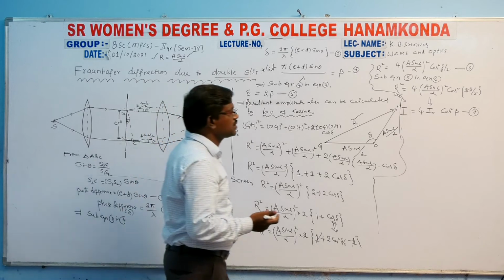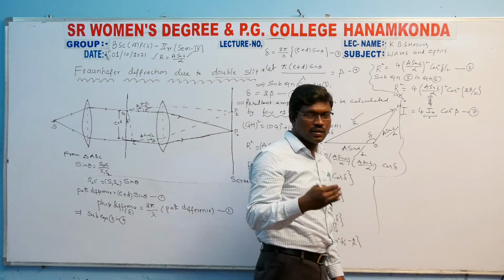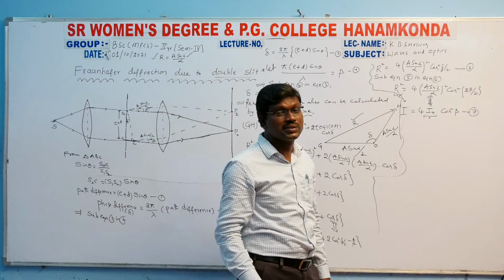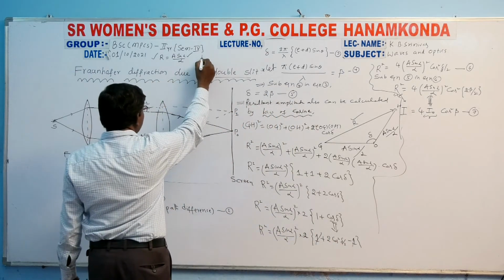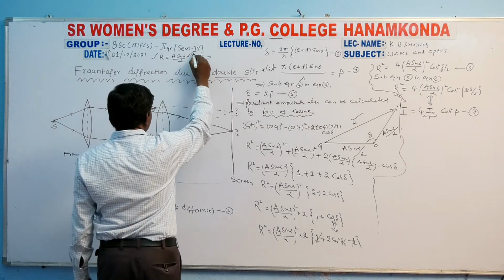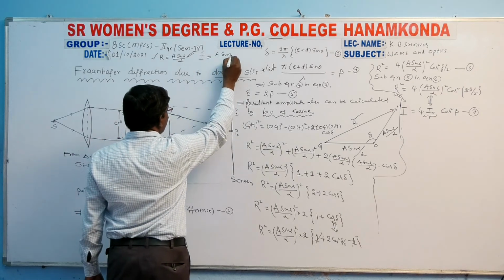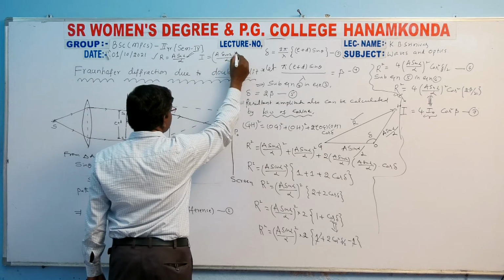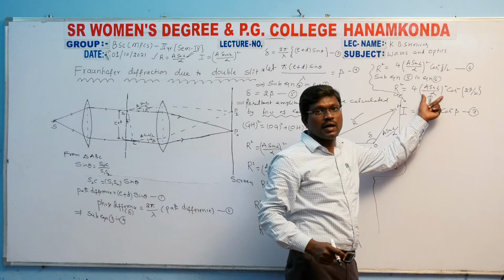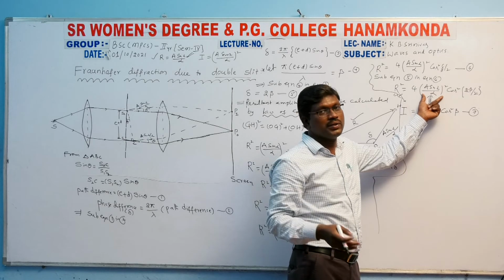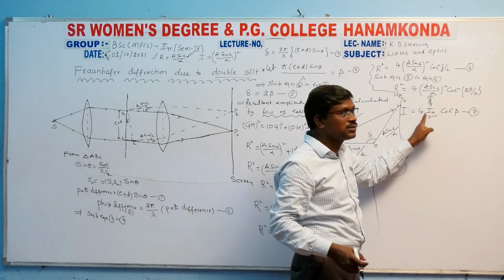So in equation 7, this I naught represents the intensity of the light at P1 due to single slit Fraunhofer diffraction. Just to remember, this is the first final formula during that single slit experiment. What is the second final formula? A sin alpha by alpha whole square. This is the second formula. So this term represents the amplitude of the wave due to single slit. This intensity also is due to single slit.